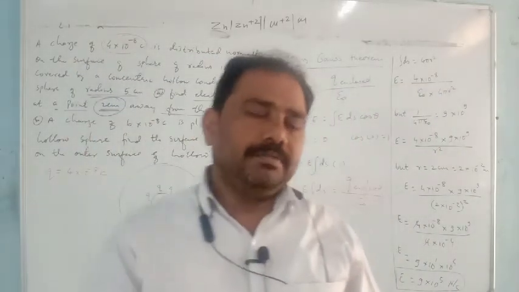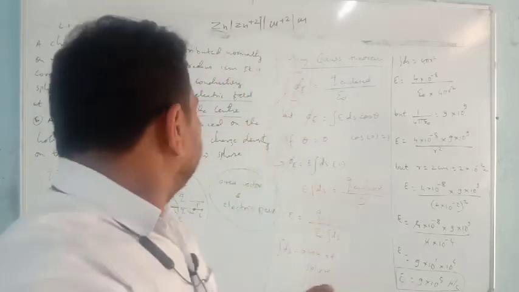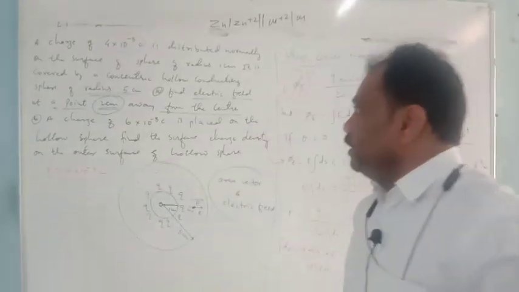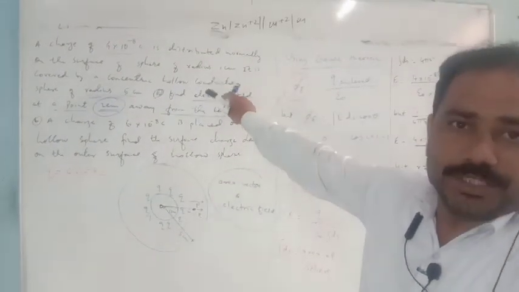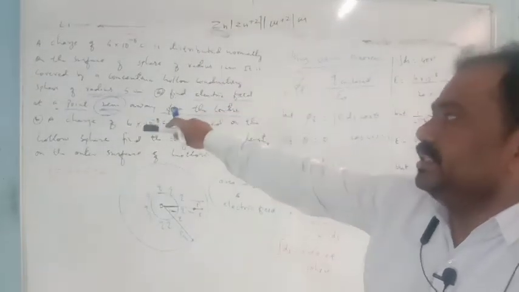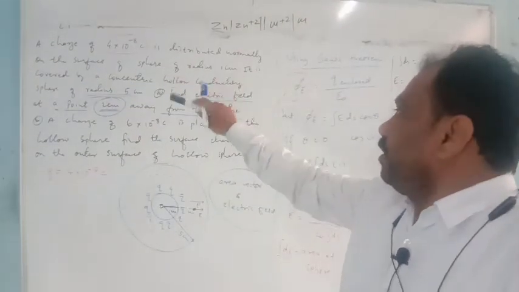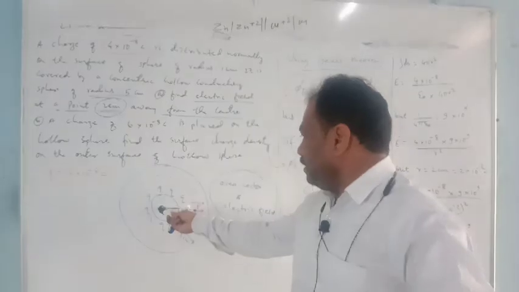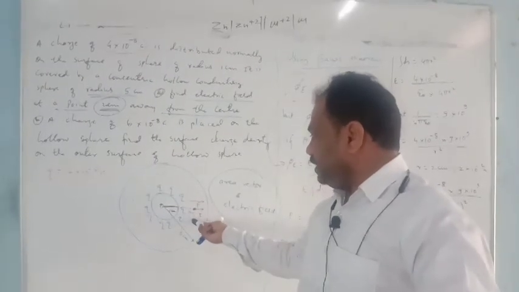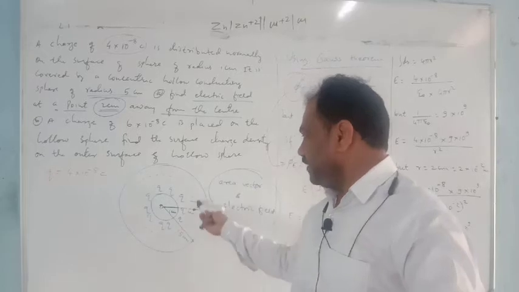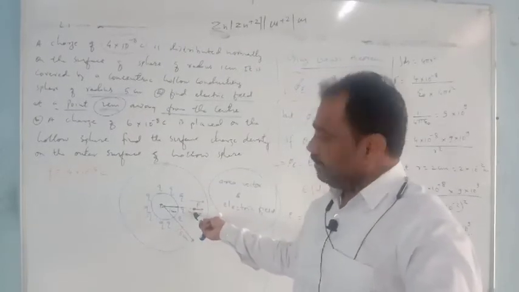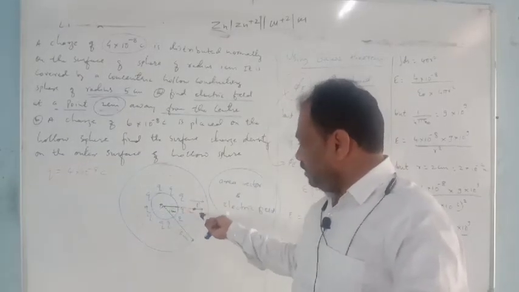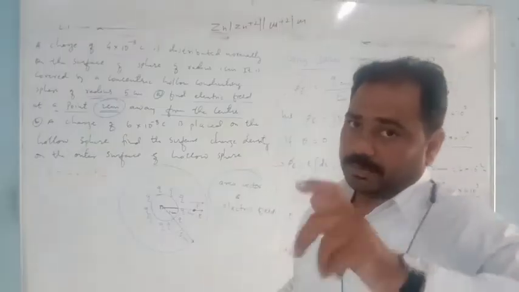Now the first part we have solved. Now let us discuss in detail which things are given in the second part. So in the first part, what did we calculate? We calculated the electric field intensity at a point 2 centimeter from the center of the sphere. At 2 centimeter distance from the center there is a Gaussian surface, and the point P is at a distance of 2 centimeter from the center of the sphere, and we have to find the electric intensity at point P.